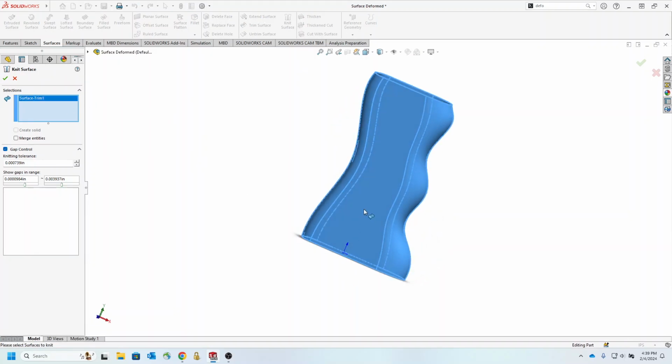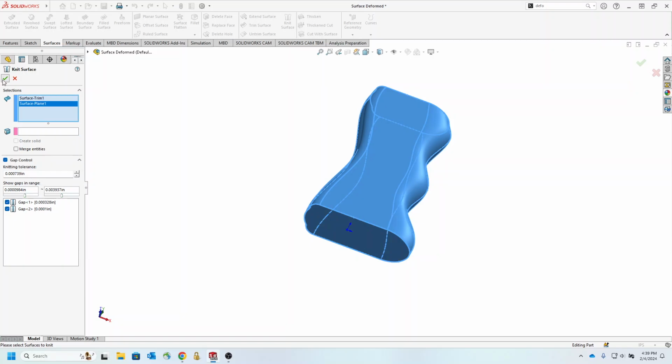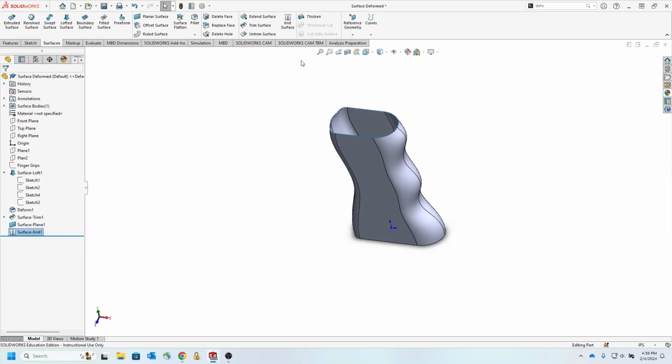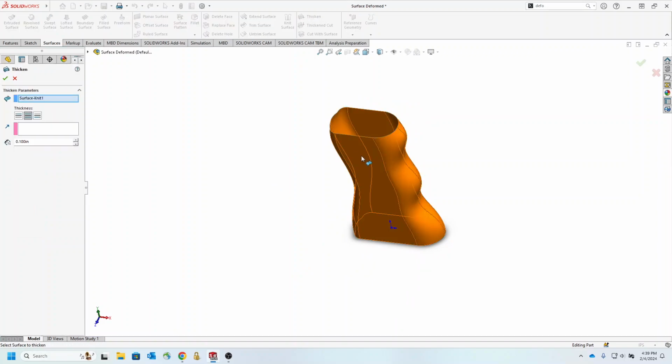Select this one and this one. There's no gap. So now we have one surface. They are ready to be thickened, and for the thickening of this, I'm going to add a thickness to that, which would be